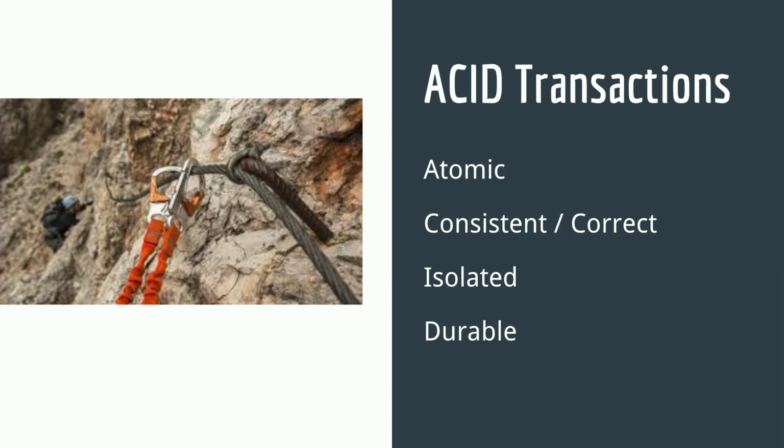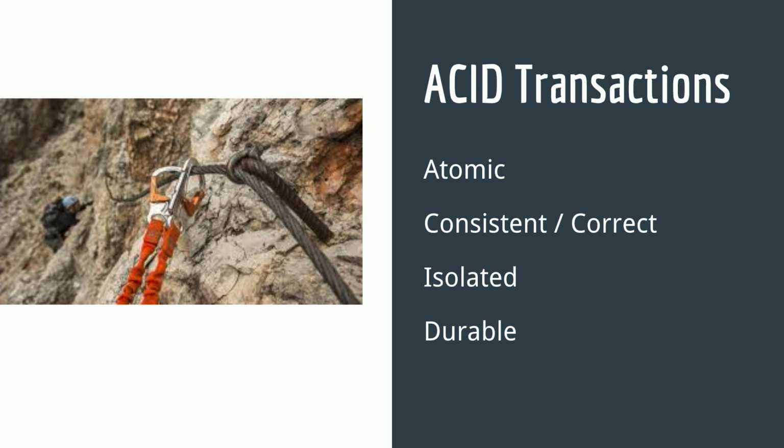So let's just talk a bit about when we say ACID transactions, why would an ACID transaction be important? So atomic is guaranteeing that my operation is actually an atomic operation. So if I do multiple reads and writes, those all happen at a very atomic level. It's an atomic lock that I'm guaranteeing that that's a single unit of work that's being done.